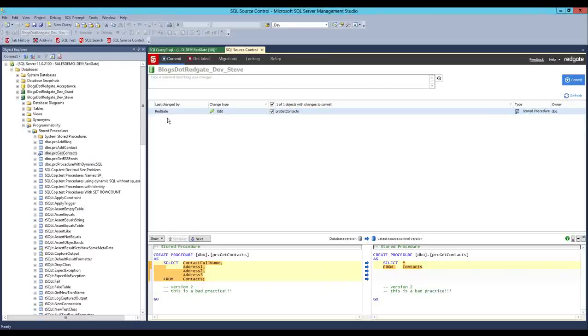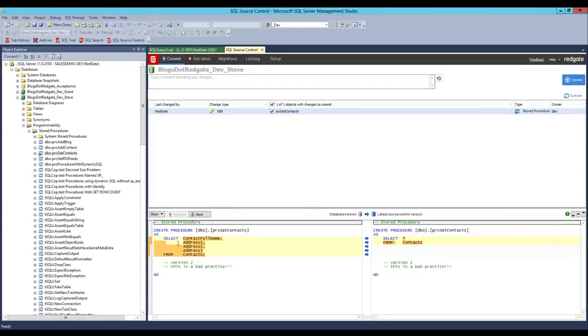If you're working on a shared database, this commit tab would only have the changes made by yourself selected. So I've logged in as this Redgate user here. So for that reason, this change is already checked for me. So here at the bottom, you can see exactly what's different between the development version of that object and what's in source control already. So you can see exactly how the object definition is being changed as part of this